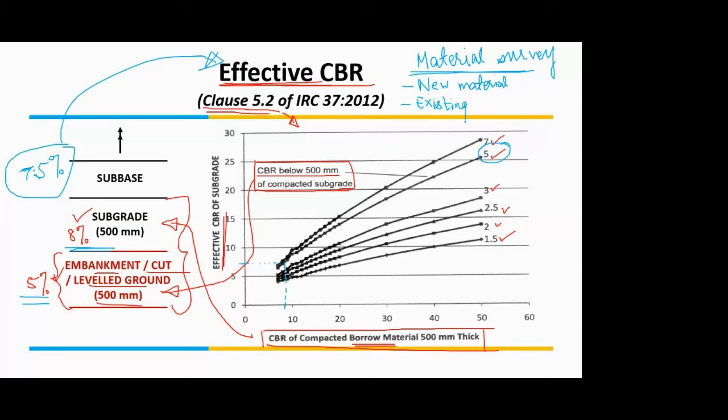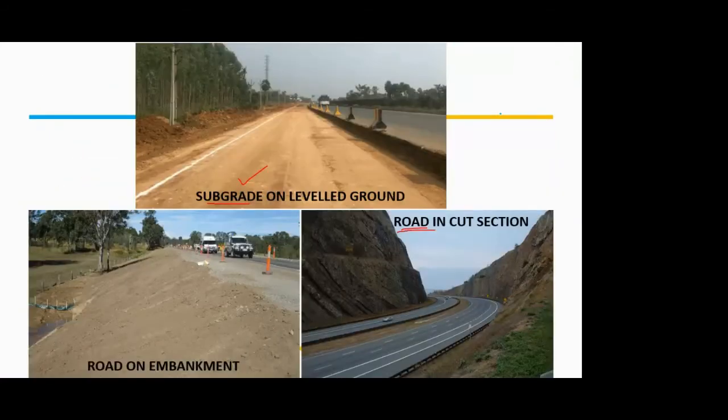So in the existing one, what you do is, suppose this is the road, I'll show you better in this diagram. So see this top figure, top photograph. Here, what I told you is you had an existing road on your right side and then you are eccentrically widening it on your left side. So this is the scenario when they have cleared the area for widening and have already laid the subgrade. But assume that here nothing was there, it was just the trees that you had over here as well.